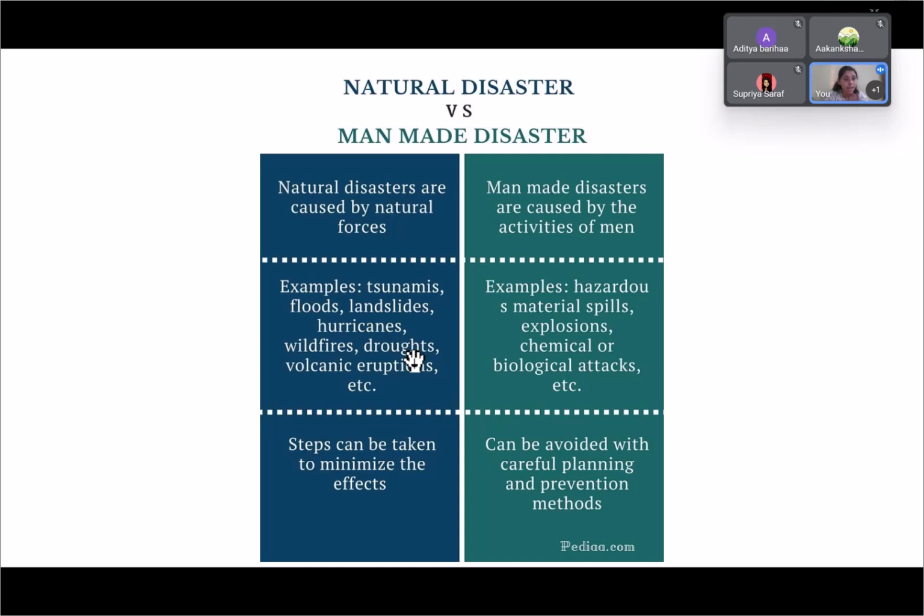and we'll see how. But now, man-made disasters, these are fully avoidable. And we'll see what man-made disaster involves. Man-made disaster involves hazardous material spills, explosions, chemicals, biological attacks, things that are under human control. People are using ships for transporting so many hazardous materials. What if this gets spilled over? There are oil spills in the ocean, in the sea, which is so problematic for